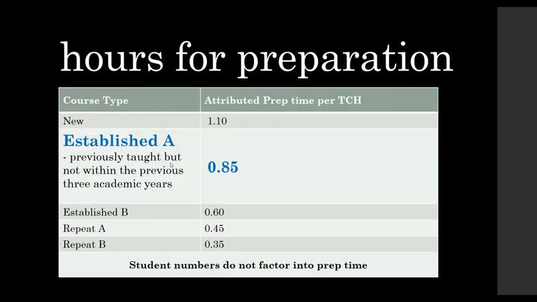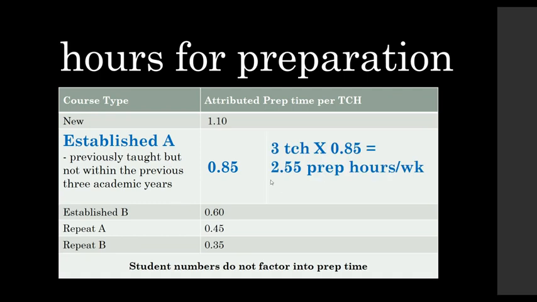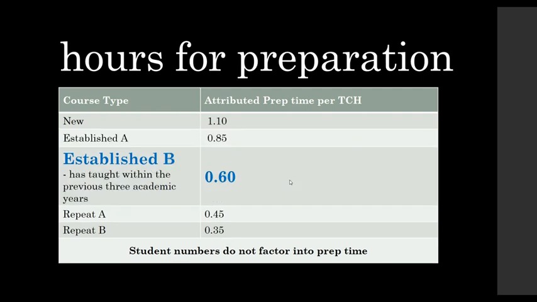An established A course is a course that you've taught before, but not within the previous 3 years. So it's been more than 3 years since you taught this course. You are given in that situation a 0.85 factor, which would result in 2.55 prep hours per week for a 3-hour a week course. An established B, which is probably the most common for faculty who have been around for more than 2 or 3 years,